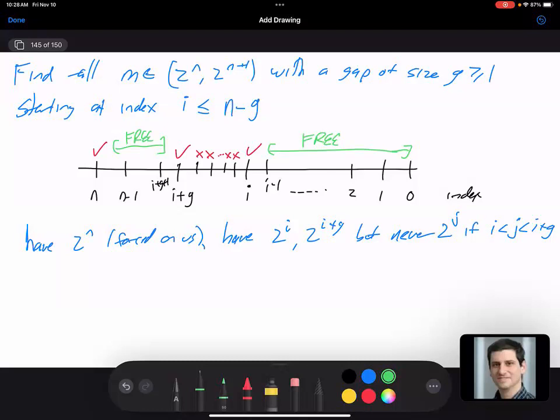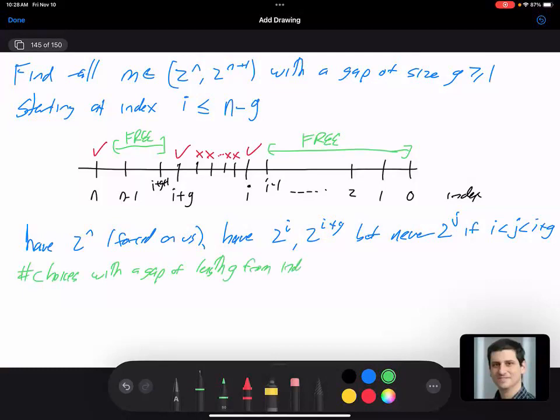Similarly, when I go from I plus g plus 1 and onward, I can take or not take. It's not going to affect whether or not I have a gap of length g between I and I plus g. But I have to be careful. I have to remember that I have to choose 2 to the n. So now, how many such numbers? The number of choices with a gap of length g